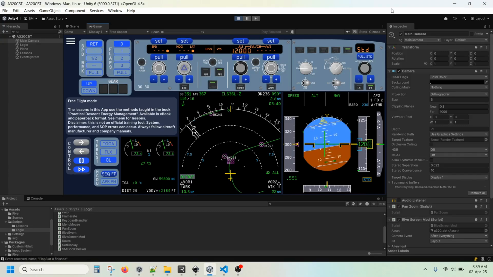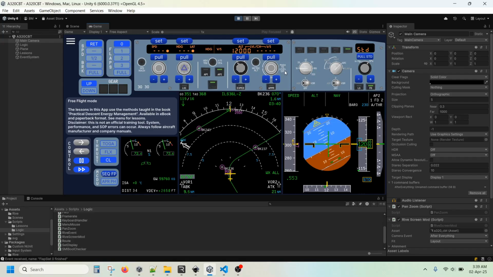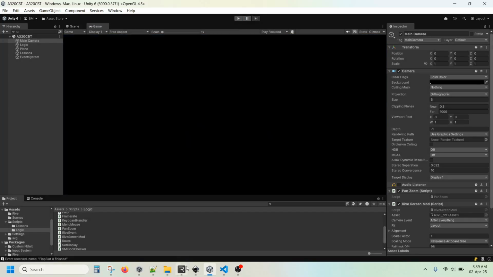So in this video, I'll describe how I made the A320 CBT app. It's made in Unity, and because it's Unity, I can publish to basically all the platforms on mobile and desktop. So that's really handy. But before I got to this point, first I made a